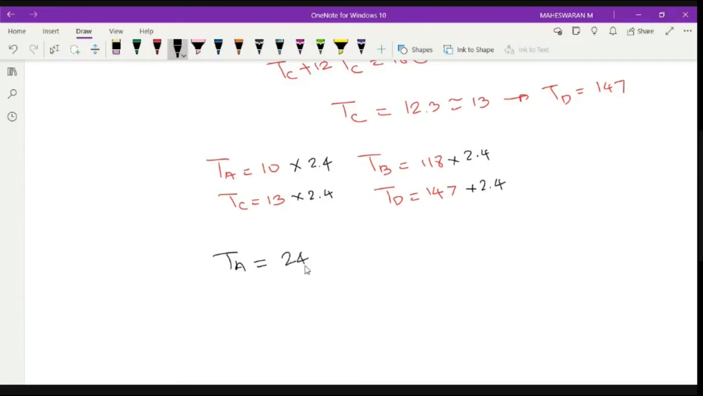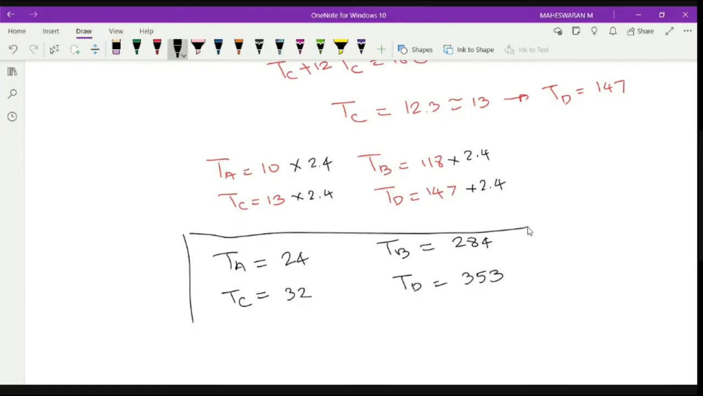TA is equal to 24. TC is 13 into 2.4, which is 31.2, approximately 32. TB is equal to 118 into 2.4, which is approximately 284, and TD is equal to 147 into 2.4, which is 353, right? So these are the total gears, the number of teeth which is applicable for this particular